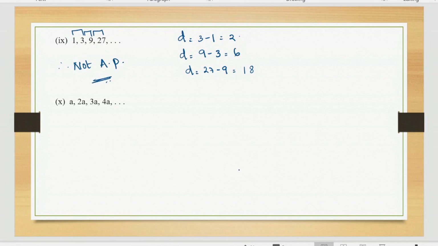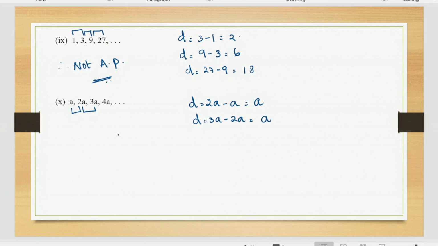Clear? Now let us solve the next question. A, 2A, 3A, 4A and so on. So let us first find the common difference to check whether this is an AP or not. So the common difference between the first two terms, that is D, is equal to 2A minus A, which is A. And the common difference between the next two terms, second and third term, that is 3A minus 2A,